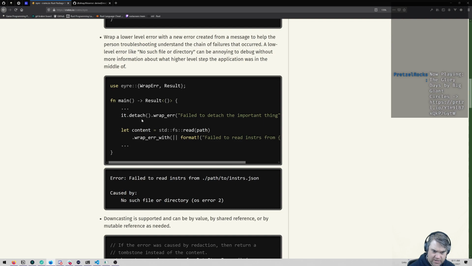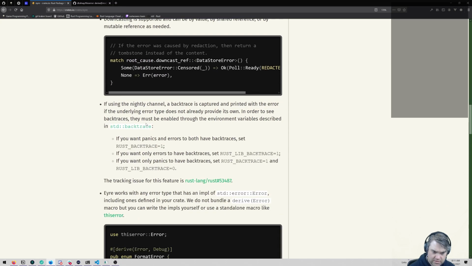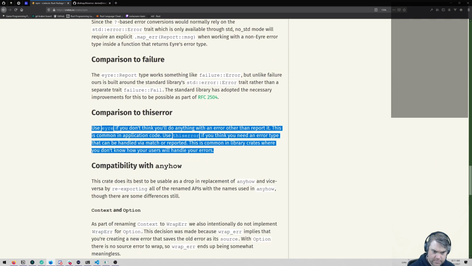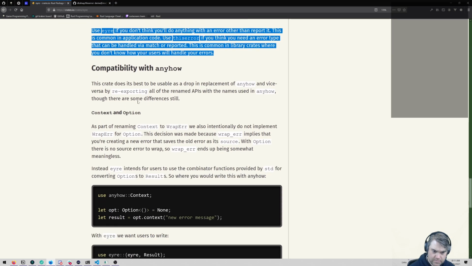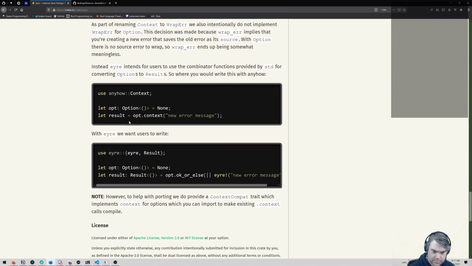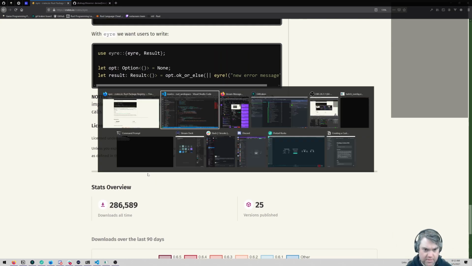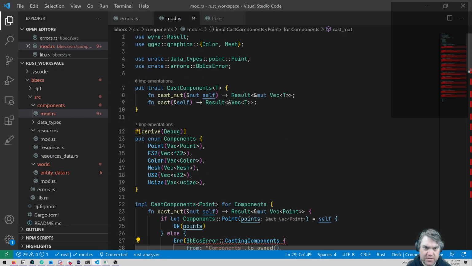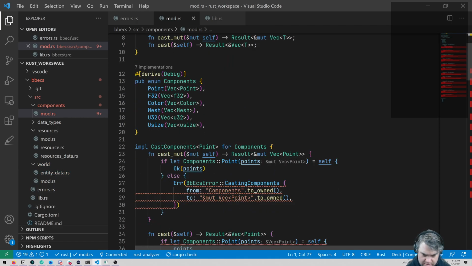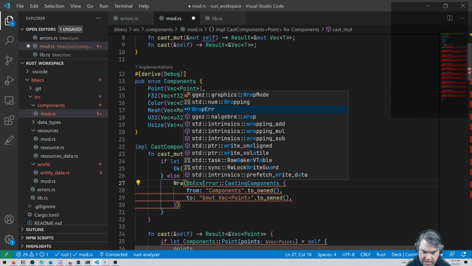Is that what needs to happen? I need to wrap it, wrap error? I think that's what it is. So let's see, error result. Wrap error. So instead of error like that, I think it's this wrap error.